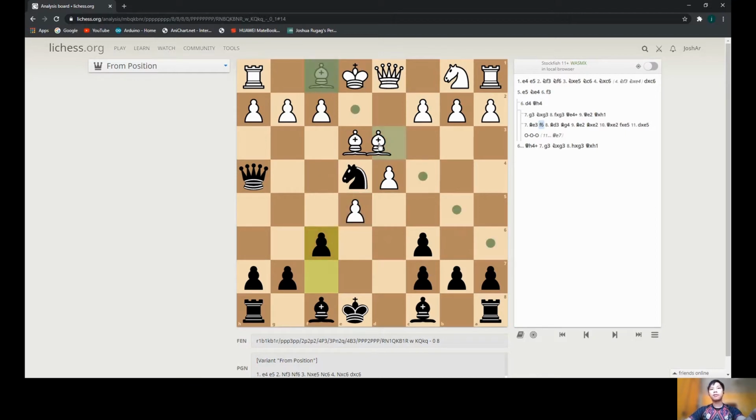So if the opponent replies with this, then we'll go for bishop here. This is to drop white's tempo again by playing the bishop twice in this move, and we'll just take the bishop,